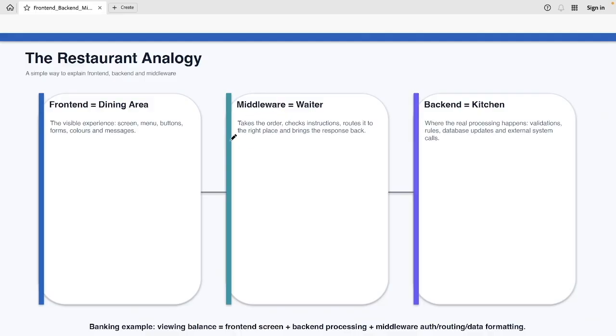Okay, so when you enter a restaurant, what do you see? You see the dining area. You see the menu, the table, the ambience, the staff, the picture, maybe a nice picture of food that looks better than the actual food. This visible experience is what we call the front end. In the software world, front end is the one that gives you the screen,